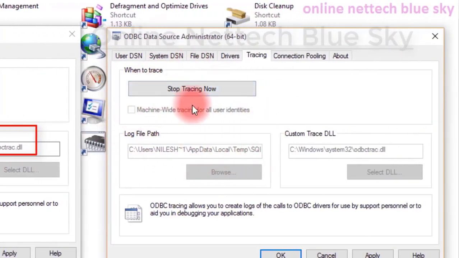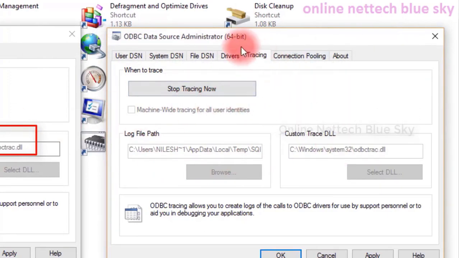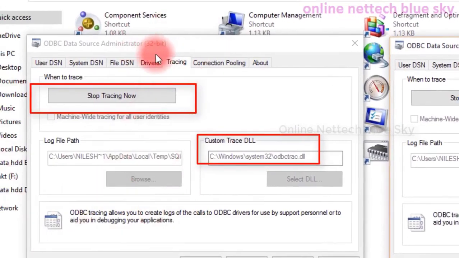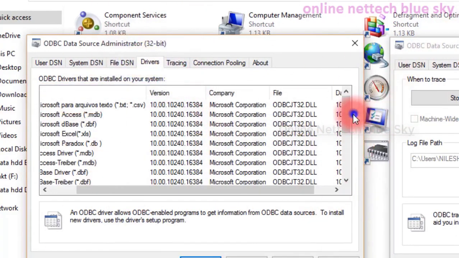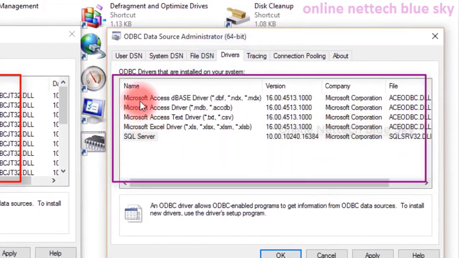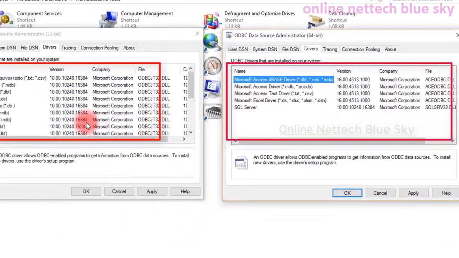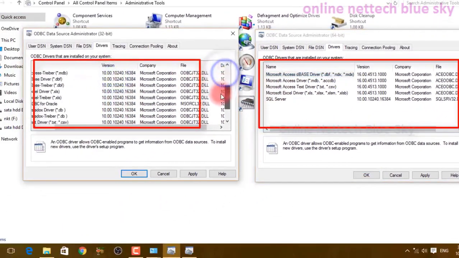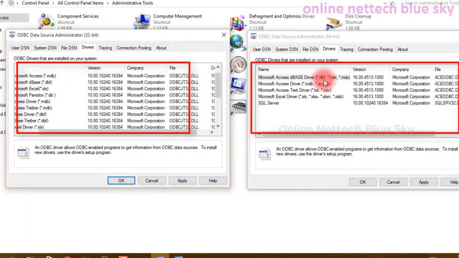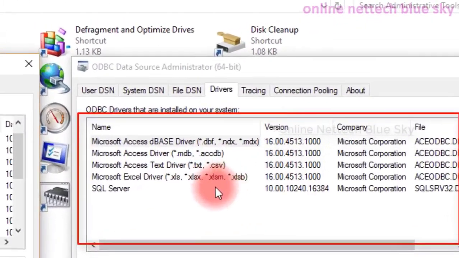But in the 64-bit tab, you can see here, this is already started. I already showed you. Okay, stop. You can stop your system. So stop tracing on this tab, and the drivers information is here. But you can see on this tab there are only 5, not more, drivers. So you can see the systems and different types of systems here. Okay, there are a lot of files here, and in the 64-bit tab there are only 5 types of files. You can see the drivers.